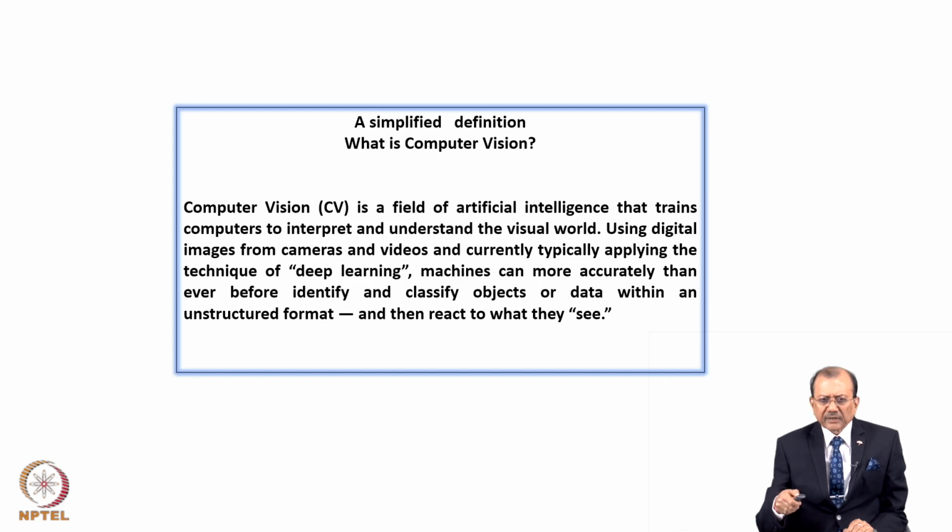Why are we using the term deep learning here? As we have learned in our previous lecture, deep learning is very near to neural networks, how our brain functions. That is the technology being built into computer vision systems. That's why we say that computer vision systems are both the eye and the brain of the computer. They work like the eye and brain of the computer.